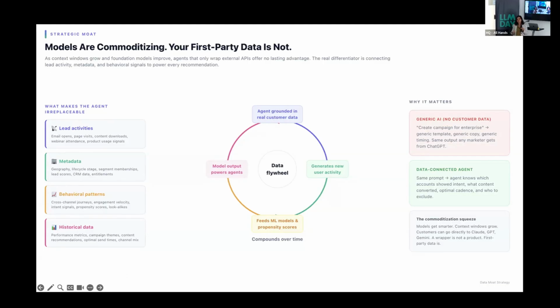So why should they come to you? Your differentiator is your user data. We have behavioral data on people who are interested in these products. We have different kinds of metadata. We have other activities that these users are doing. From all of this data, there are a lot of conclusions that can be drawn. In the past, this data was used for predicting churn, recommendation systems, and all of that.